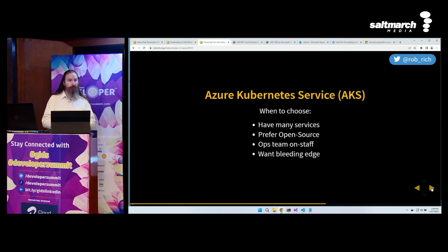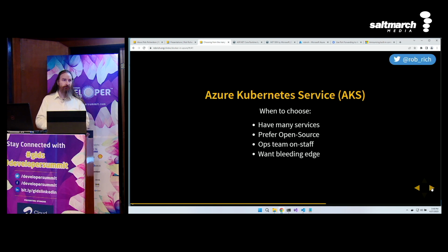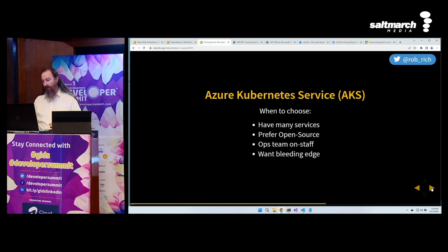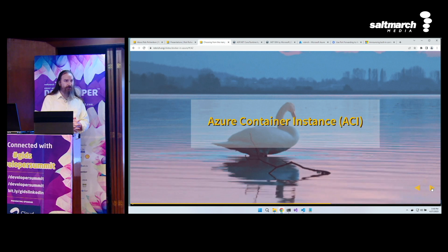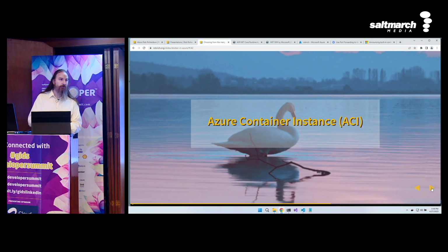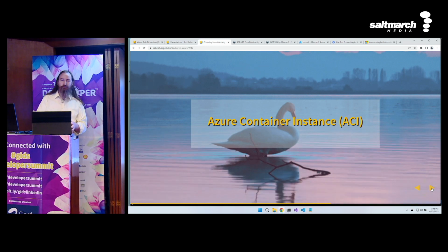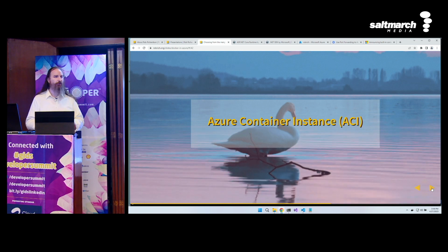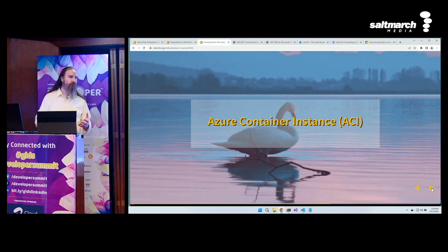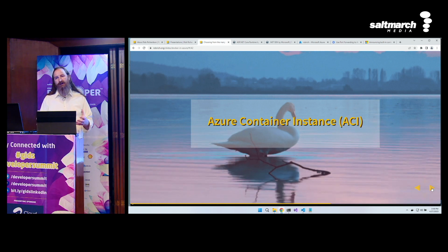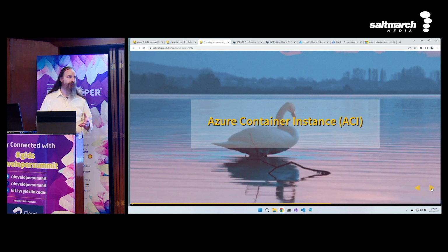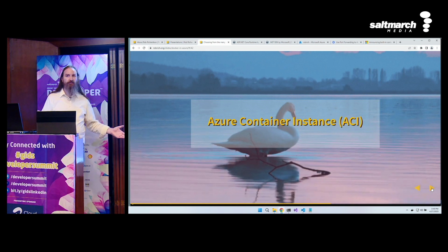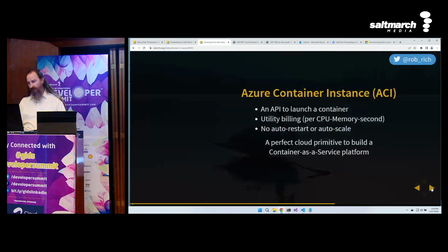If you don't like the open source methodologies, if you don't use Kubernetes details, if you don't want to manage that YAML, then you might go back to Service Fabric, or let's continue on and take a look at Azure Container Instance. Azure Container Instance is an API for spinning up containers. As we're coding, what are the fundamental things that we look at? Well, we have variables, we have classes. If we were to build a cloud, what are the fundamental building blocks that we would look at? Well, we'd have VMs, we'd have containers. And so this is just a REST API over creating those containers.